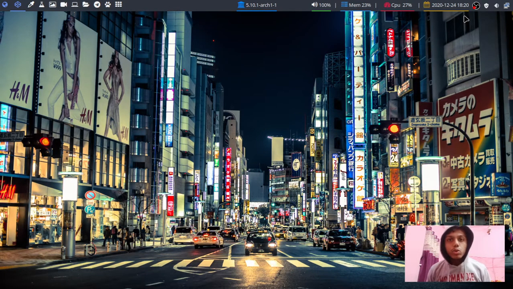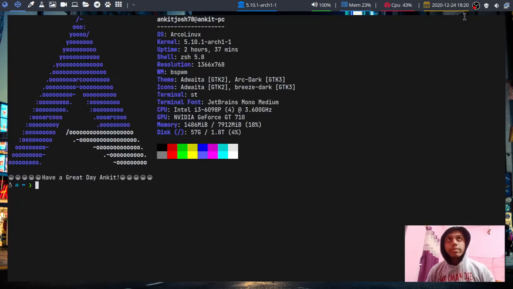So I thought of just going over the various types of apps that I use, and not only the ones that I use, but also the ones that I have installed on my system. Firstly, as you can see, I am using BSPWM, the window manager, and this is ST, the simple terminal, and this is just the greetings thing. I have done the neofetch and just a simple text message. I have made a txt file where I have listed all of the apps that I use. So yeah,